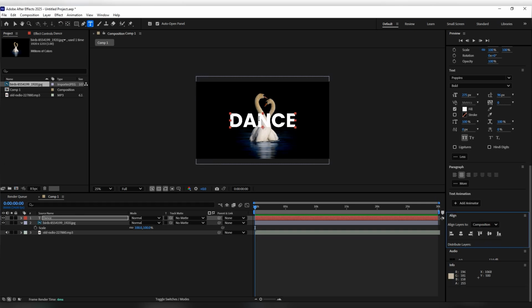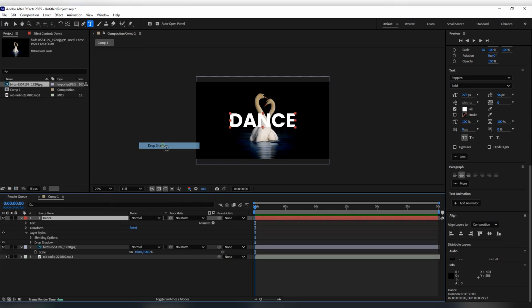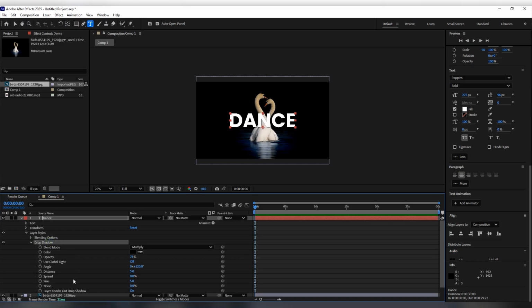So now I am going to add a drop shadow by right clicking on the text layer, Layer Style, Drop Shadow, and increase the size value of the shadow a little bit so the text is more visible.